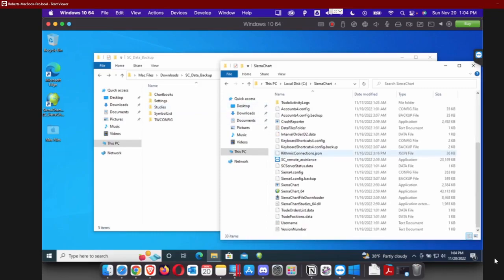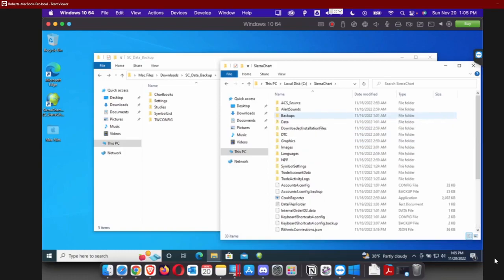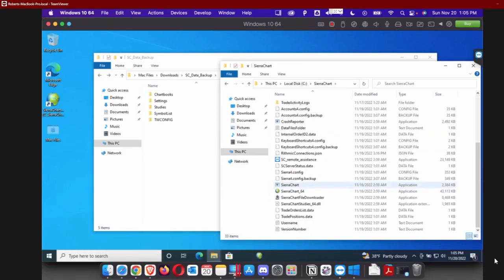Now, the one thing that I would recommend doing is the first 3 files that I mentioned, they will be already installed. Of course, those are like the default files that Sierra Chart puts in the folder once it installs, right? So what I would do is I would go to each of those files that are already there, and instead of deleting those or having those removed once you transfer over the new files, I would put .backup or dot whatever. You can put whatever you want, but I would just add a new random extension to it, so that I don't lose those files just in case I need to go back to them,